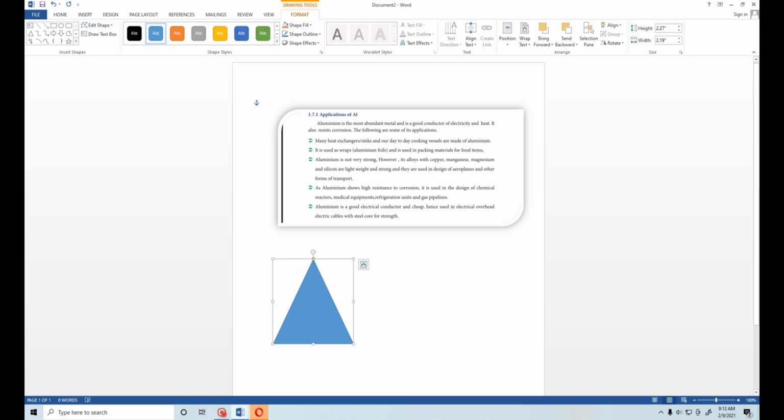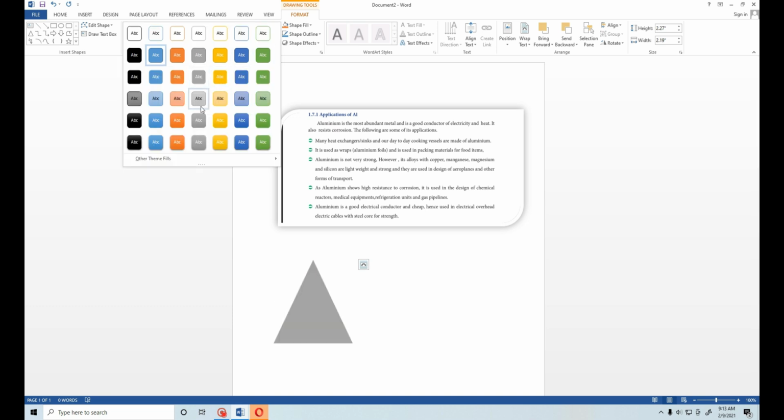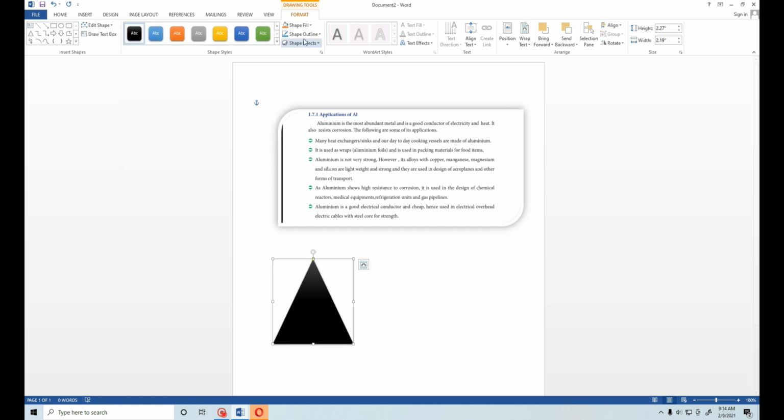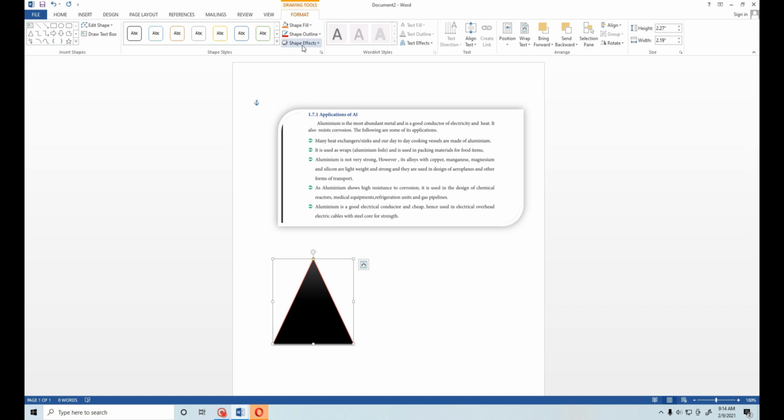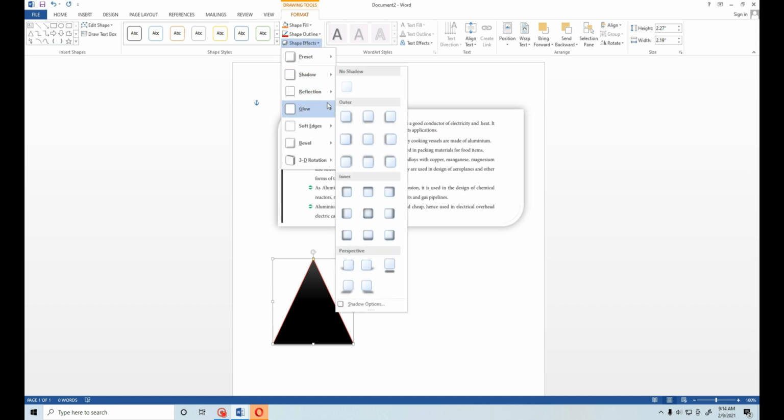In the Shape Styles, you format. See here, you select any one of the colors. Shape outline. See here, changed or not? Yes. Double click this picture. Shape effect, shadow. Which type of shadow?